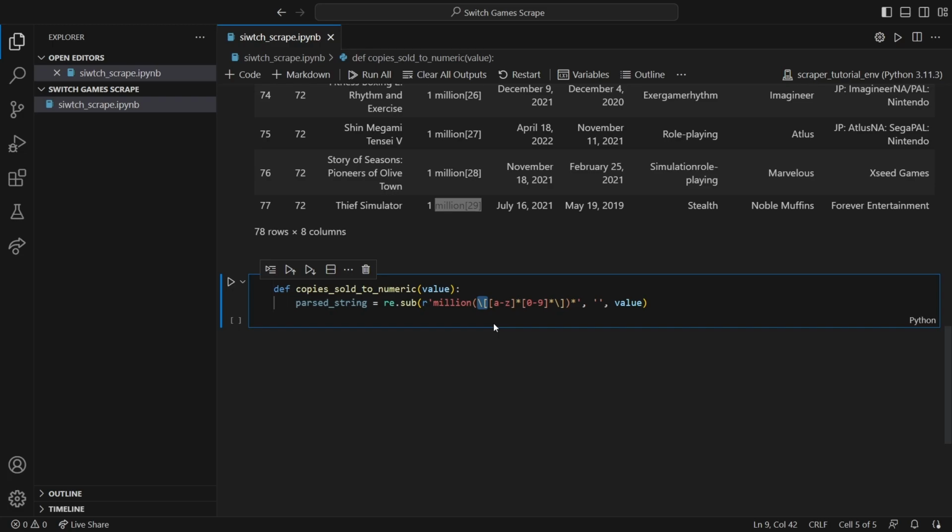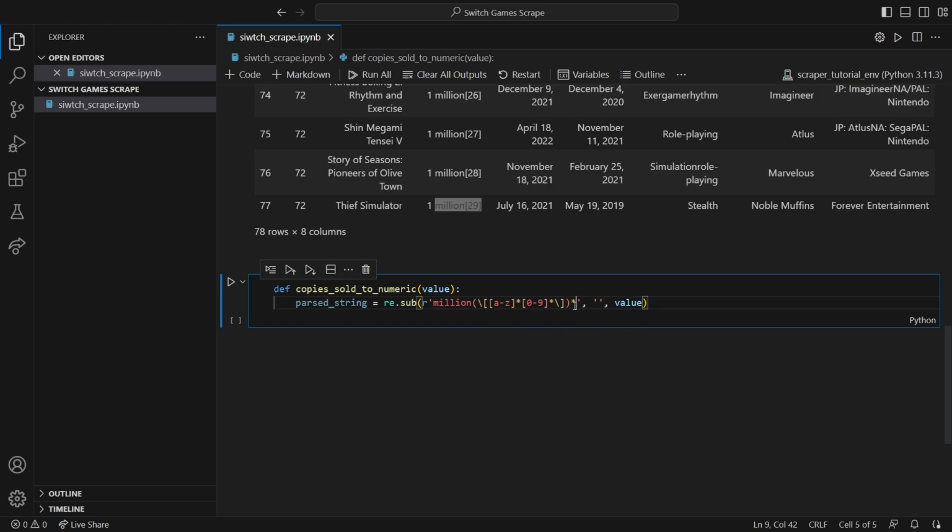Brackets take on a different meaning when you're working with regular expressions, so we need to specify that we're looking for the character of a left bracket using this backslash. Some number of things inside the bracket, so here I'm going to specify that we can have any lowercase character, and that can occur 0 or more times, and then a numeric number, which can occur 0 or more times. We're going to close it off with the right bracket, which also needs that backslash,